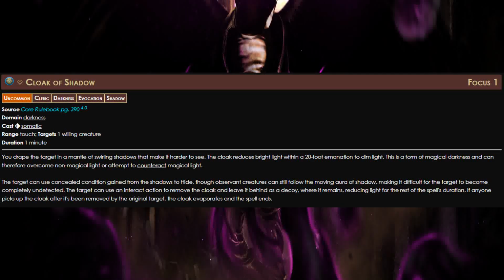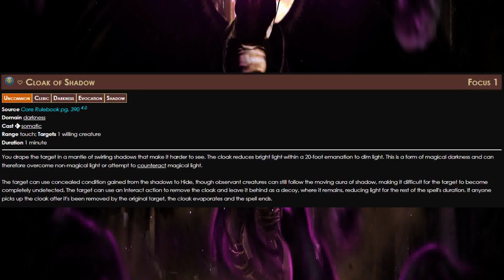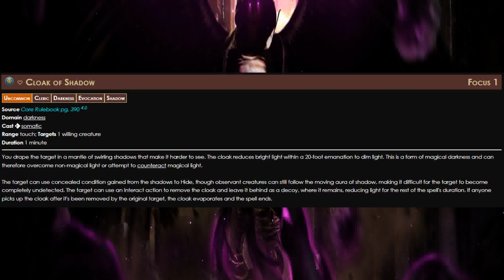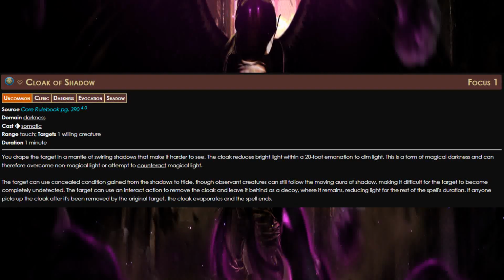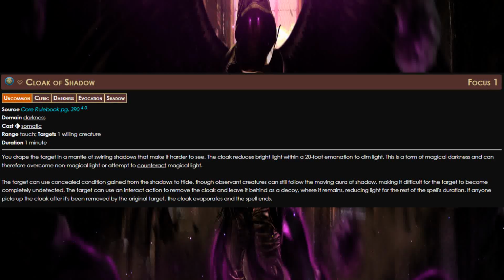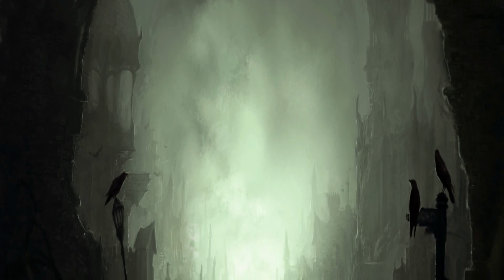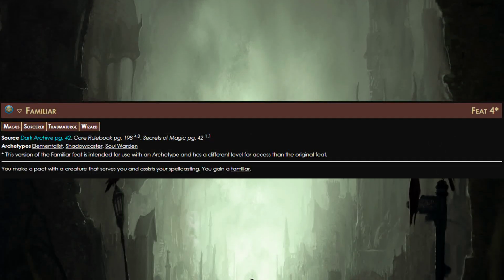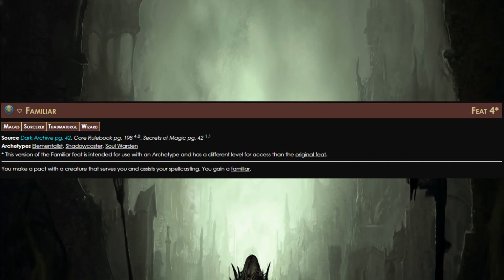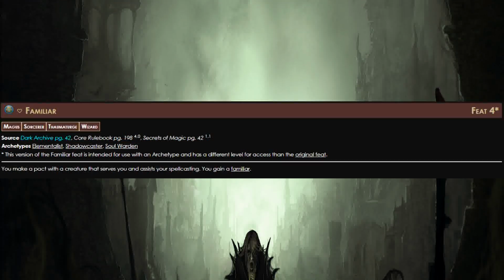Obviously, this is great for you since you're a Shadowcaster and you probably want to hide. However, it's even better for the rogue in your party, as this will allow them to get their sneak attack pretty much no matter where they are, as they can use the concealment that this spell gives them to hide. Next, of course, we do have the Familiar feat, allowing us to pick up that Shadow Familiar once we pick up enough familiar abilities. But I'm sure you guys all know how familiars work, so I'm going to move on